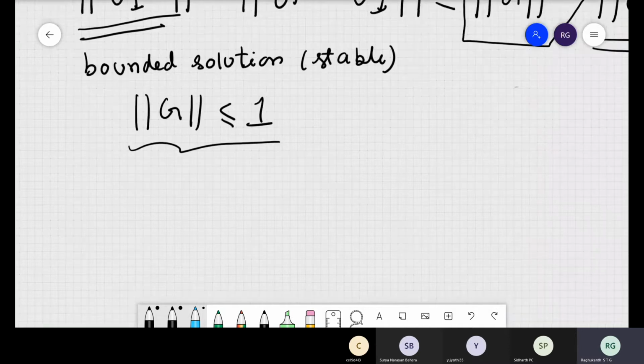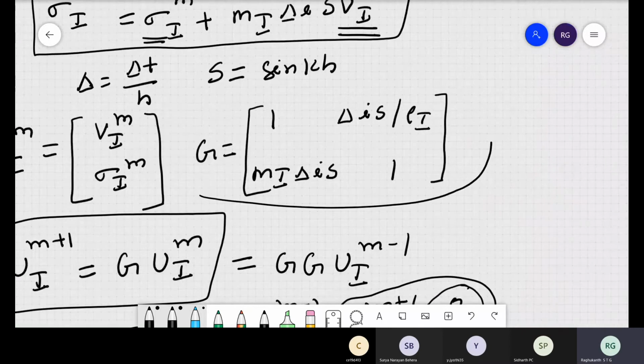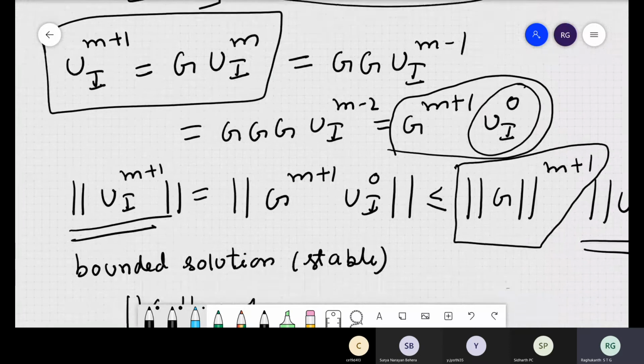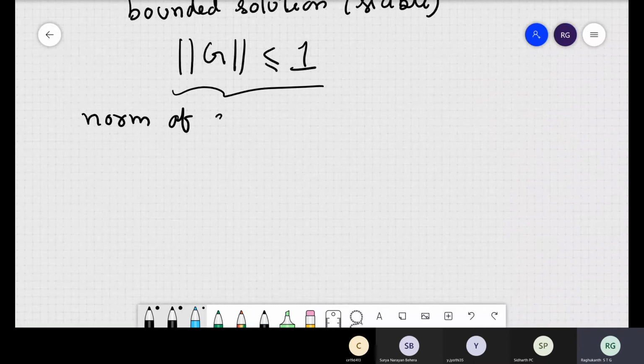Okay, so now this is nothing but the norm of a. Now in our case, G is not a number. G is basically a matrix. So how do you find out the norm of a matrix, or the length of a matrix? Norm is nothing but length. If we give any matrix, how do you find out its length? Determinant? See how many lengths a matrix has.